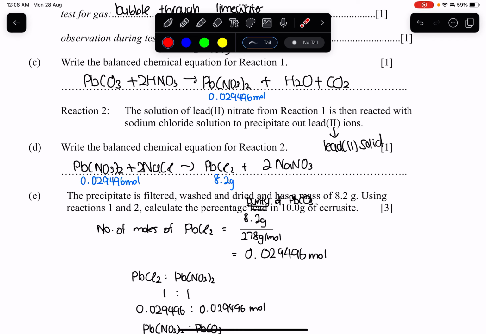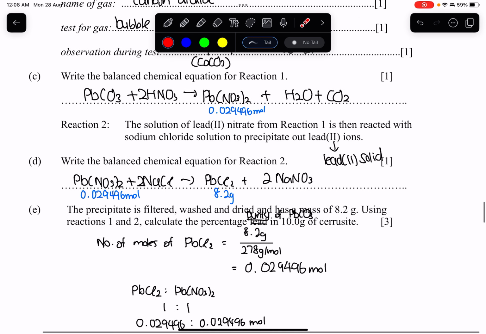Okay, some of you also wrote state symbols even though the question didn't require them, and you got the state symbols wrong. For those of you who wrote it correctly, no issue. But for those who got the state symbols wrong, remember, if you write state symbols when not required and get it wrong, you will get your marks deducted. So my suggestion is, unless you are absolutely sure of the state symbols,